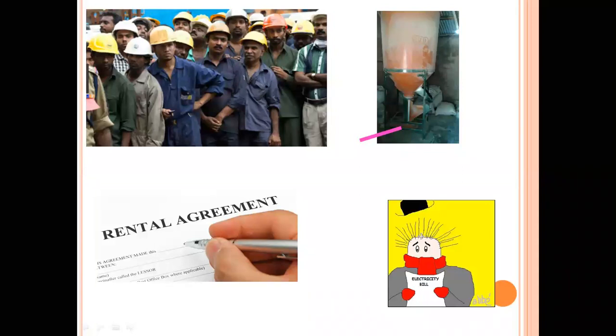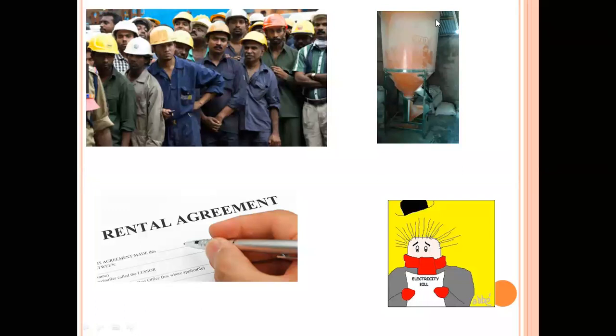Look at the machine one: this is the raw material which is being used. The plant and machinery and the raw material which is being used is ultimately the explicit cost, because you are making payment to an outsider. Sometimes it may also happen that you have taken this machinery on rent, so you can write it there that it is the explicit one. Last, electricity bill. Tell me about the electricity bill. Very good, explicit cost. Electricity bill is also the explicit cost.